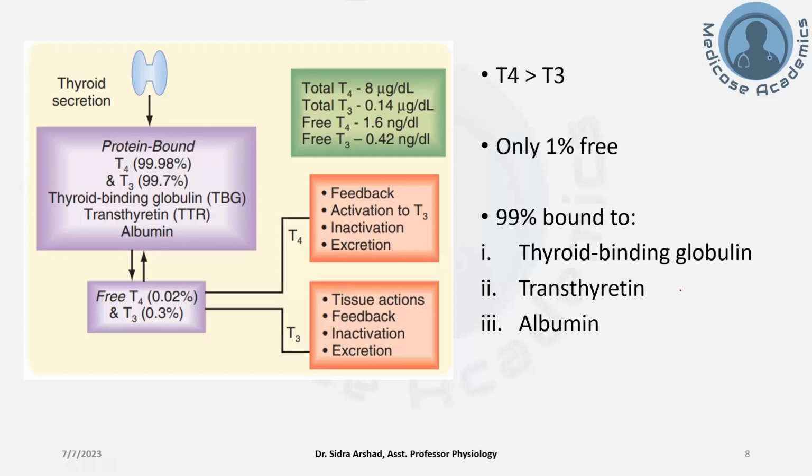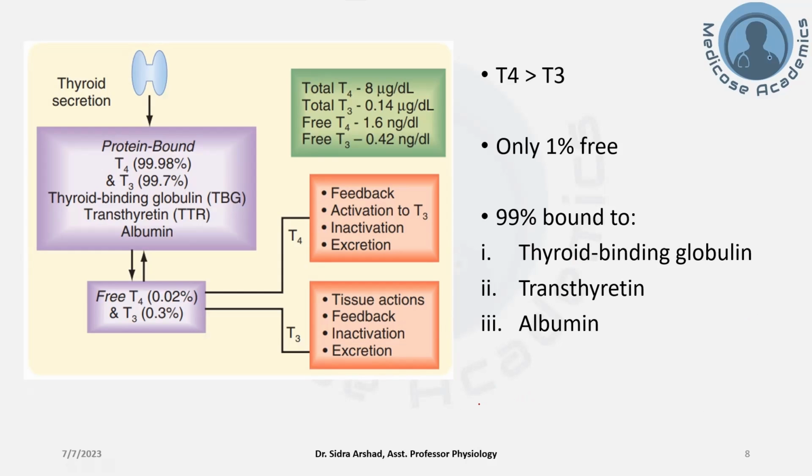Okay, now we have seen the synthesis of thyroid hormones. Let's just see how these thyroid hormones are transported in the blood. So the output of the thyroid gland is T4 and T3 majorly. So most of the T4 and T3 which are produced get bound to the proteins. These are small molecules. They have to be trapped in the circulation, which is established by them being bound to